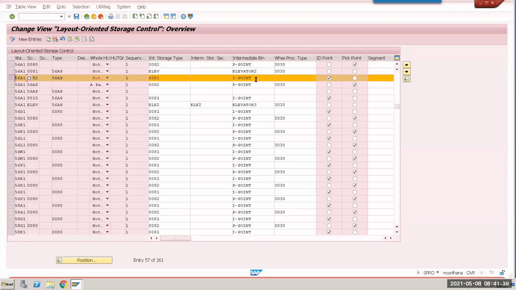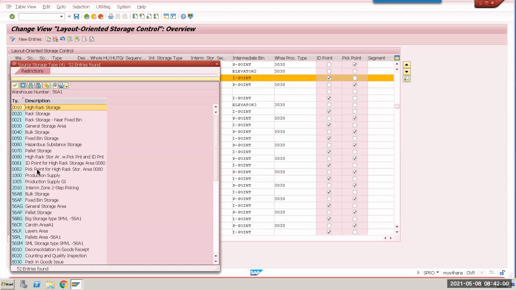One second. Is there something wrong I maintained here? If it is 81 to 56 AP, this one, 82 to 56 AP, it goes here. Oh, 82 is interim, right? 82 is correct. Okay, you maintained it. Then it is fine, I think so.